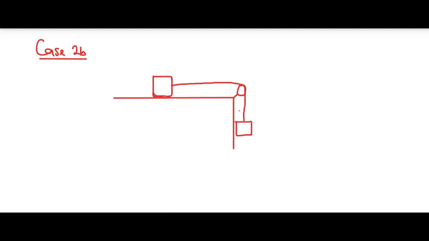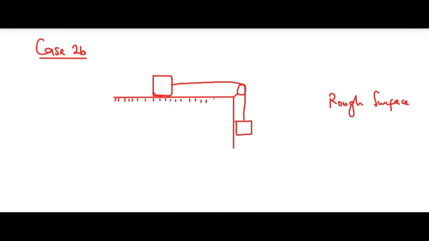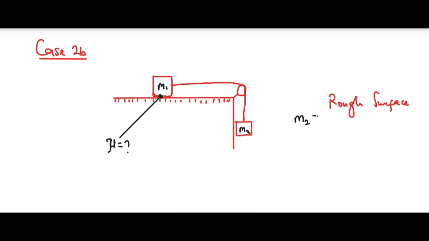So if the surface is a rough surface, this place will be rough, right? And because it is rough, we expect a coefficient of friction. So assuming your coefficient of friction is between the surface here, the coefficient of friction is unknown, right? Now, if this is M1 and this is your second mass, M2, provided M2 is greater than M1,